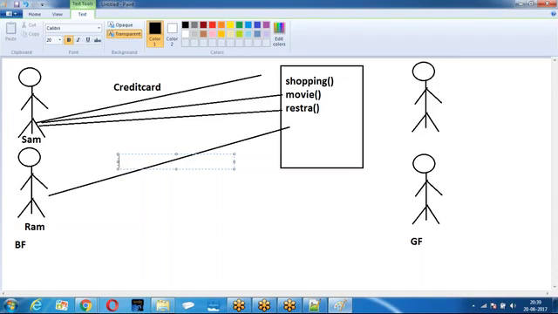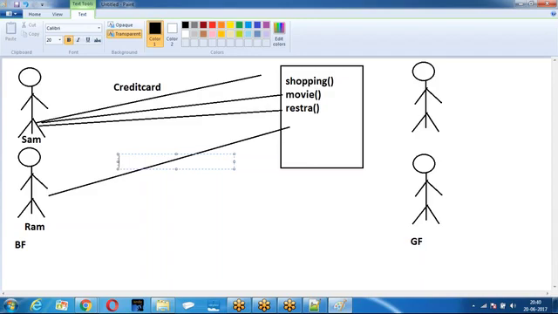Any class who wants to use the interface, they have to define the methods which are given in the interface.